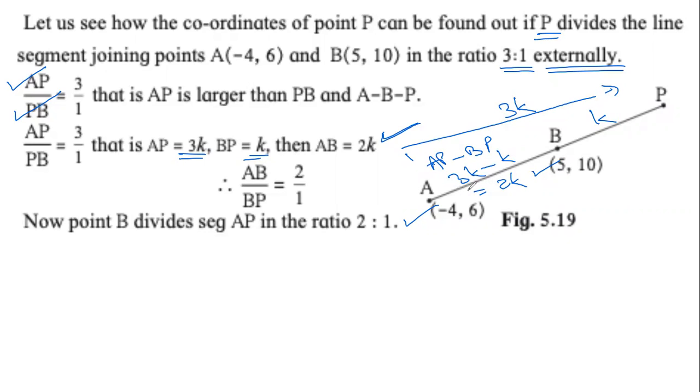Why are we doing this? Because section formula tells us about the coordinates of the point which is between two other points. So AB is 2K. Now the ratio is, if we find out the ratio of AB and BP, it is 2K divided by K. K divided by K is 1, that is 2:1. Now we can use the section formula,